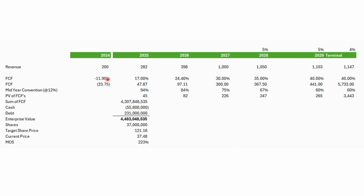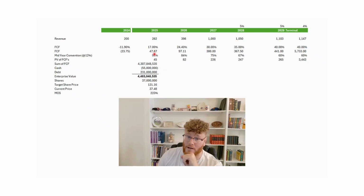Looking through free cash flow, 11.9 was the actual, and 17 and 24.4 are analyst projections. And then I have it building up to that 30% in 2027. Management's guidance is 30 to 40%, and slowly starts inching that up. So from 30 to 35 to 40, then I'll cap it at 40%. So you can see now the free cash flow margins are turning positive, from 47 million to...